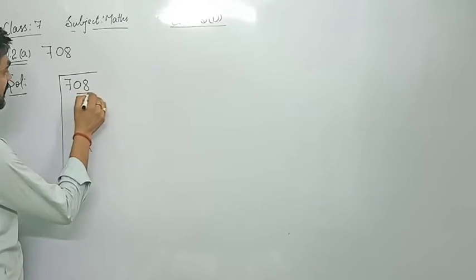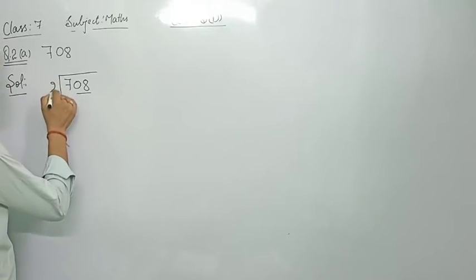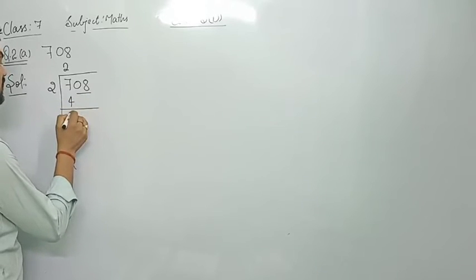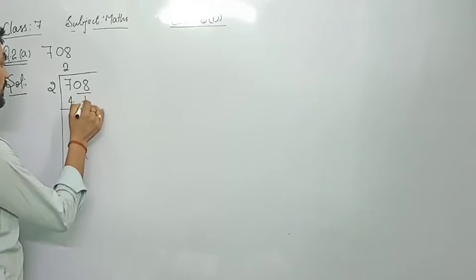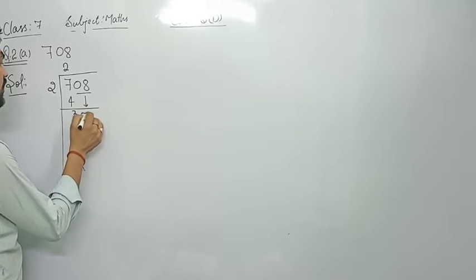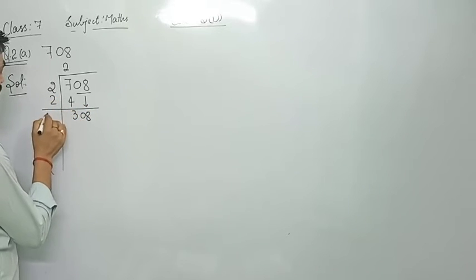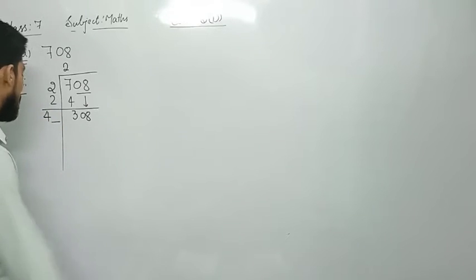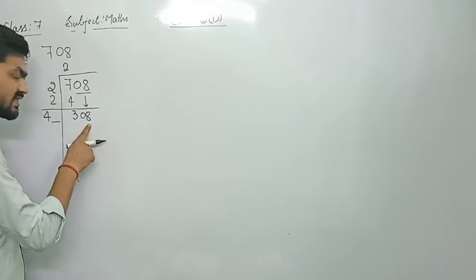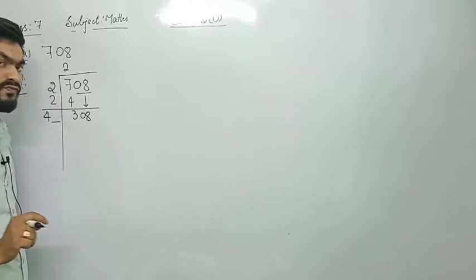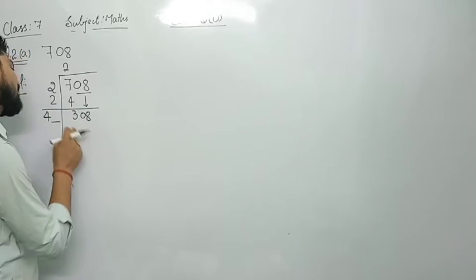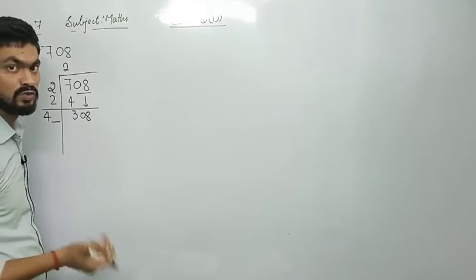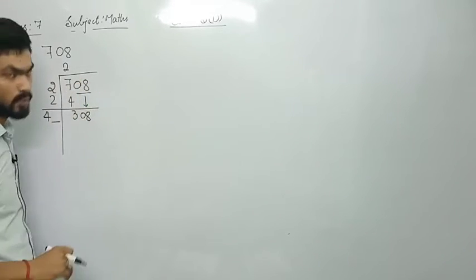You know, first of all make a pair. It is near the square of 2. 2 2s are 4. You get 3, and the whole pair you write here, 08. 2 2s are 4. The 4 we got will go to the tens place, and the ones place will become empty. Now here it is 8. What number should you fill here to get the near about number? Because it is not a perfect square. This you know very well.